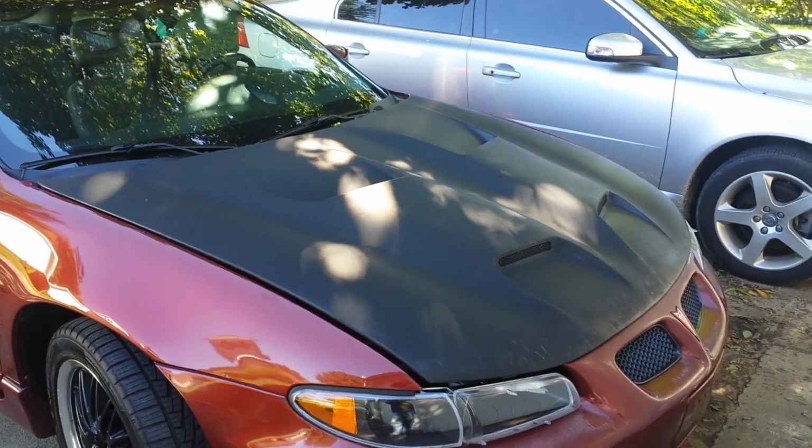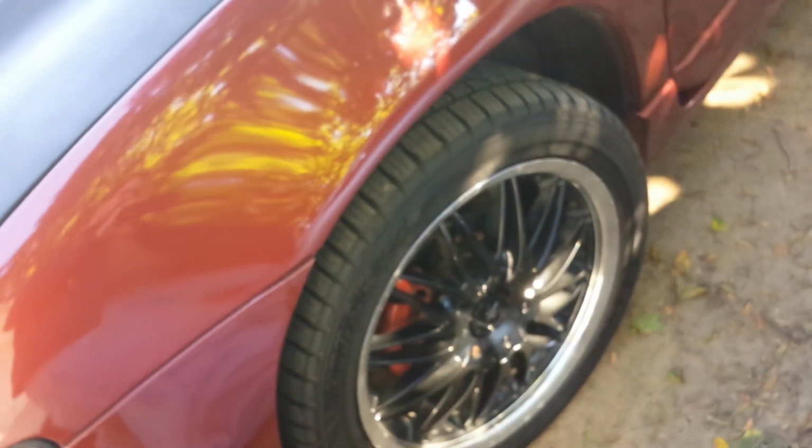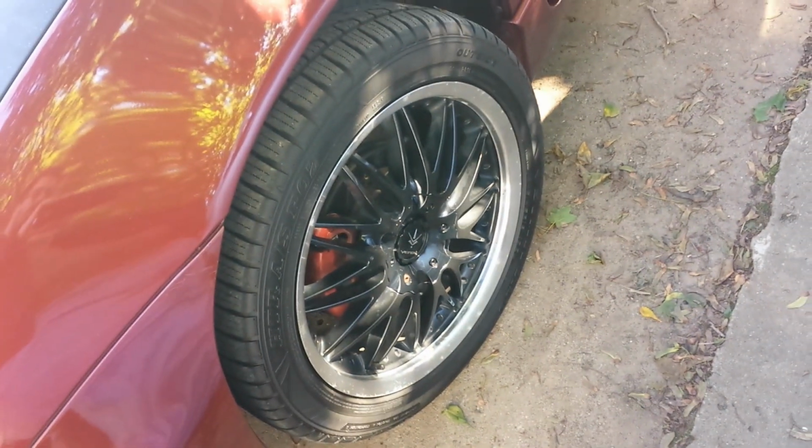That's the Speed Daddy hood, I believe, although I think there's some that look just like it anyway. It's functional. My Verde rims, I got them cheap, used. Still got to get my side skirt there fixed and do something about this, but it's a daily driver. It's going through winter and all that, so